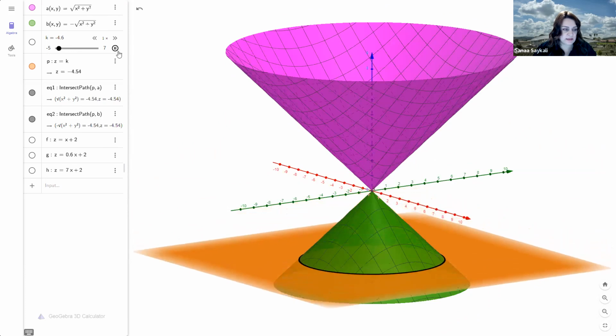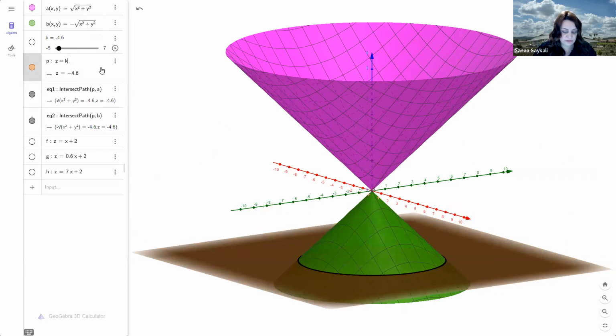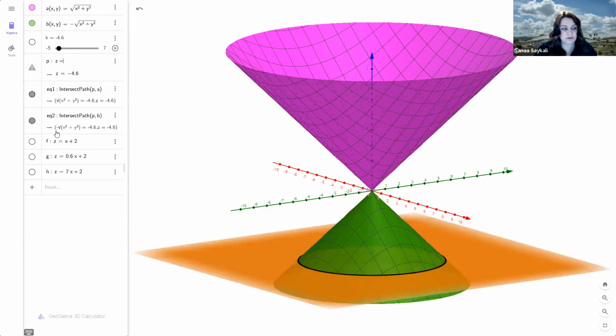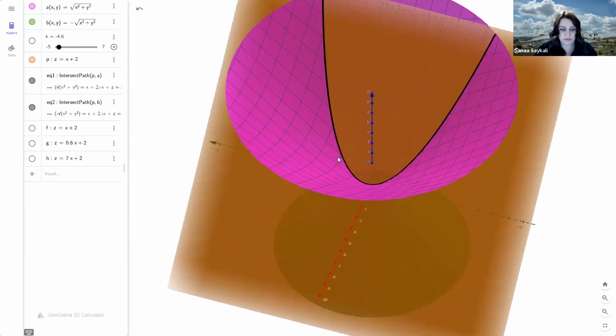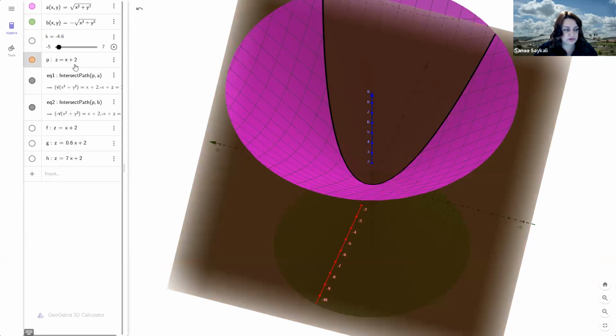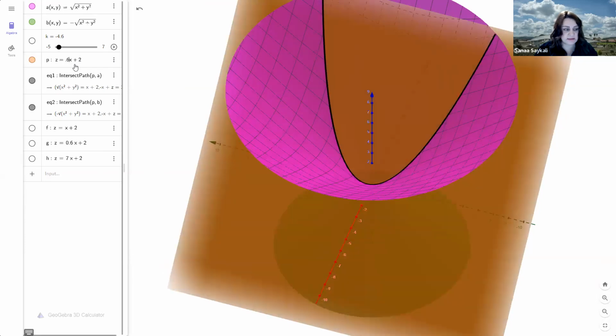And what I did is I created sample planes for students to try and create other conic sections. I did not turn these on because this will be crowded if I do. What I recommended the students to do is to type in the function, the planes from here, so they can view different conic sections. So let's say if I type in x plus 2 and enter, we'll see that we have this parabola showing. Now, if we change the coefficient of x to be 0.6,